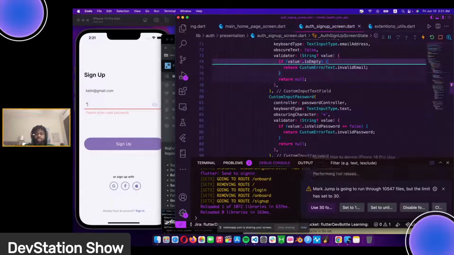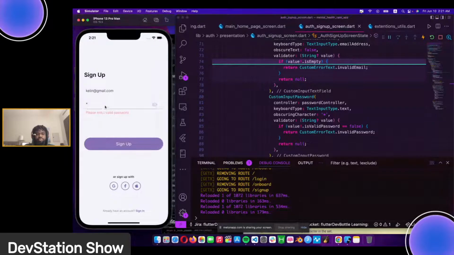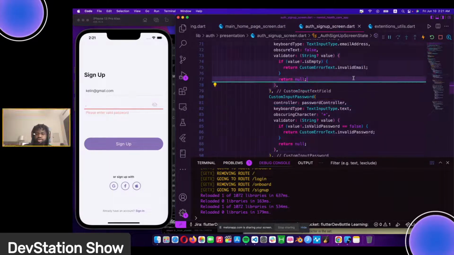Leave it as empty for now, so we can test if the password field is empty. That starts with